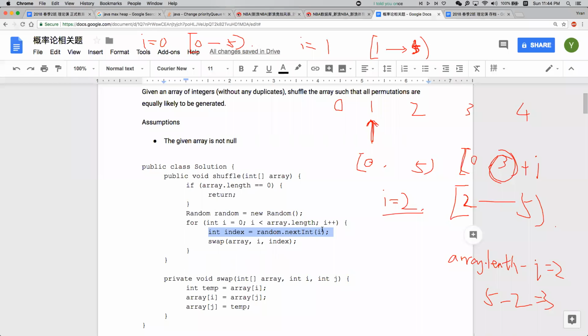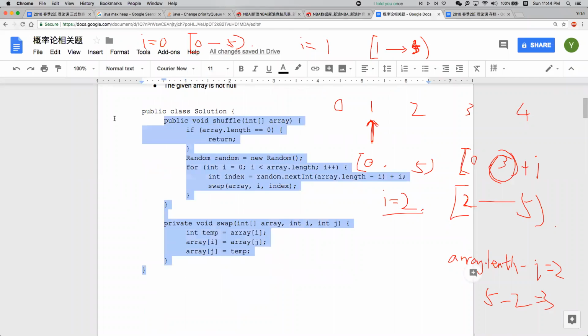So let's change the code here. So this should be array.length minus I, and plus I outside. Okay, so this is all the code. Simple and easy, right? I don't know if this picture will help you, but the main part is how we